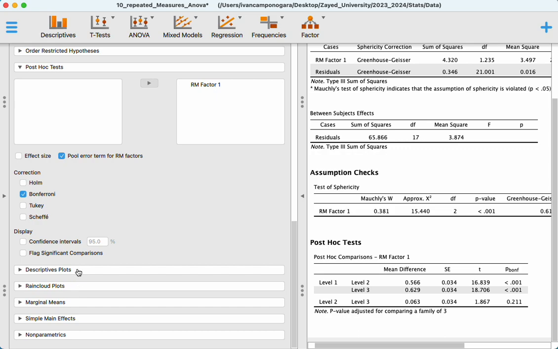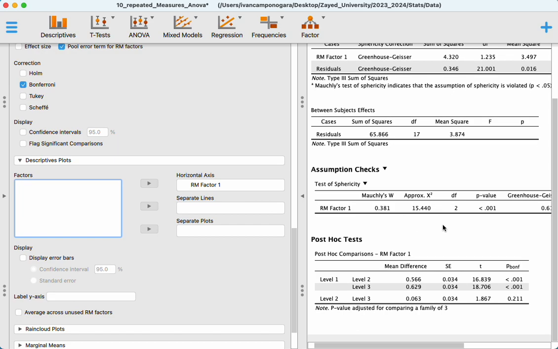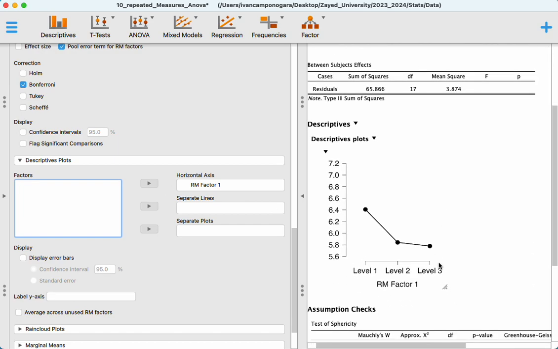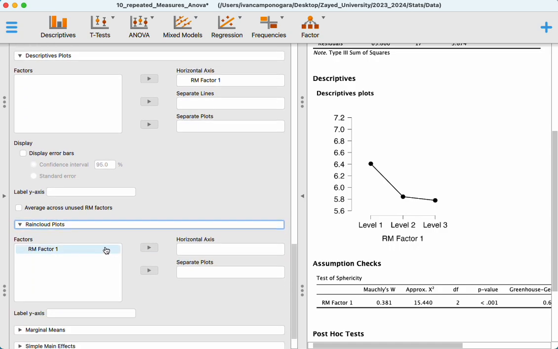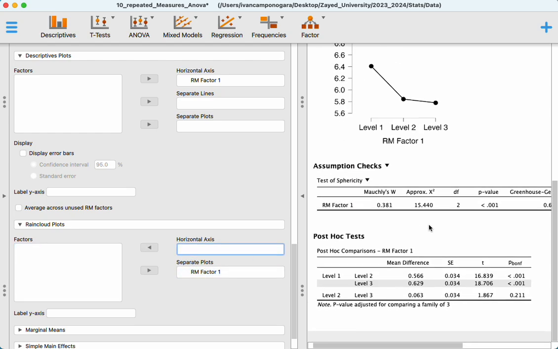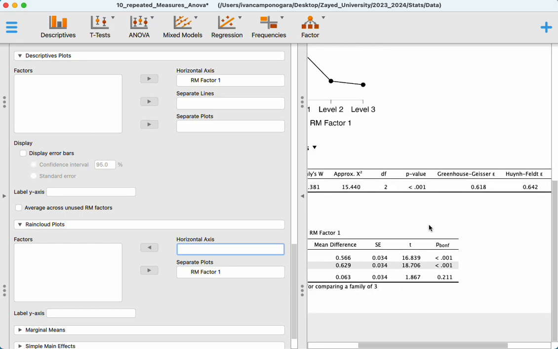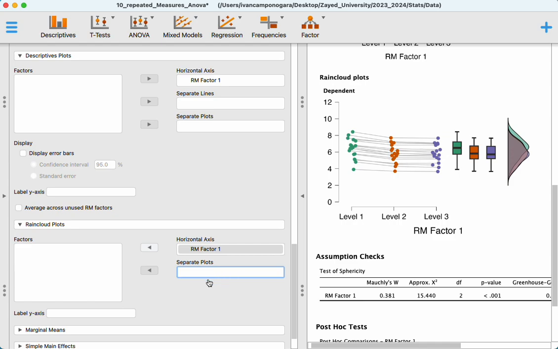Again, you can run the descriptive plots, which show you the plot of the 3 levels. Okay, very nice. And again, you can run the rain cloud plot, and you can put it in the horizontal axis, and you can have this very, very beautiful graph. I don't know what happens if you put it here. Nothing. Okay, so these are the